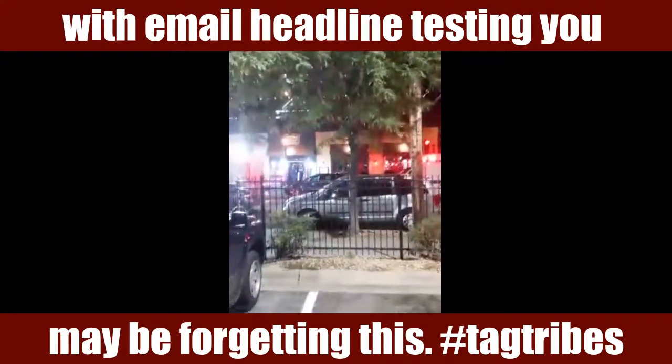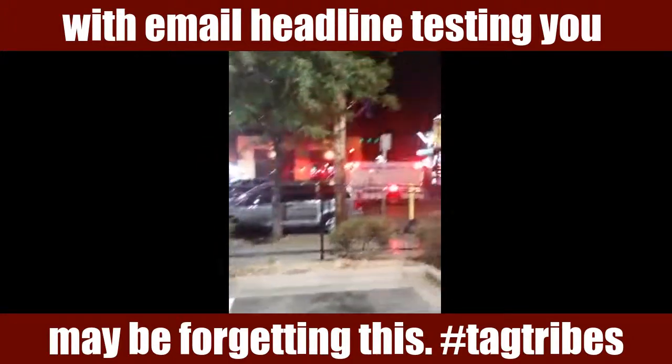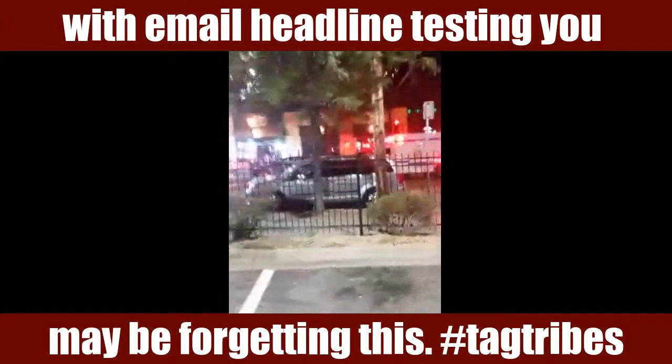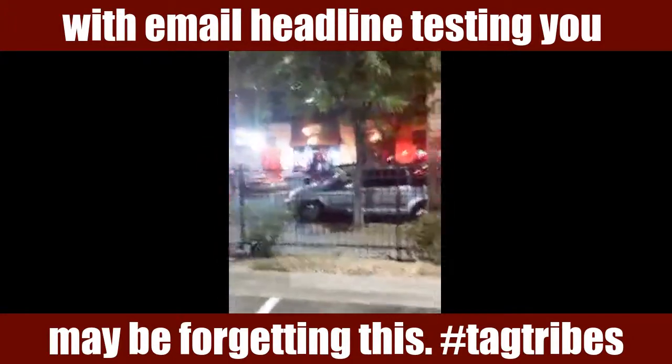There was a fire there. And I want you guys to check it out. I've got to let my friend know that there was some fire damage at Uptown Tavern. But anyways,